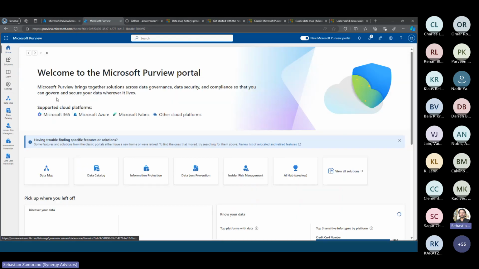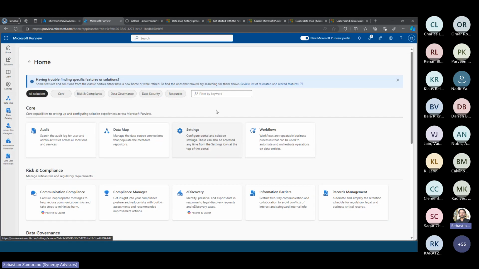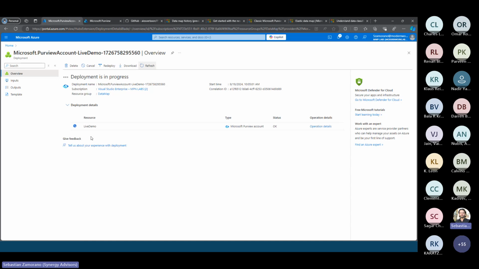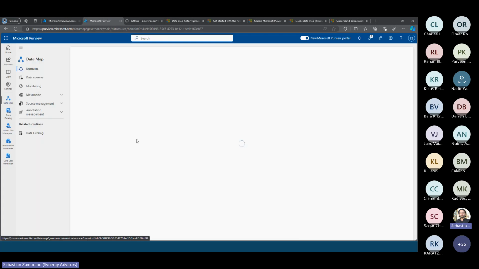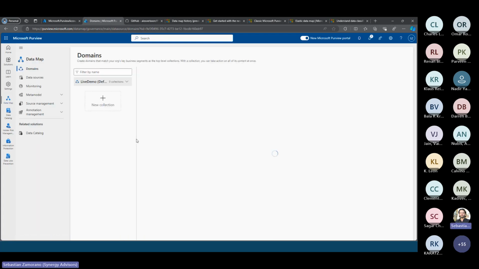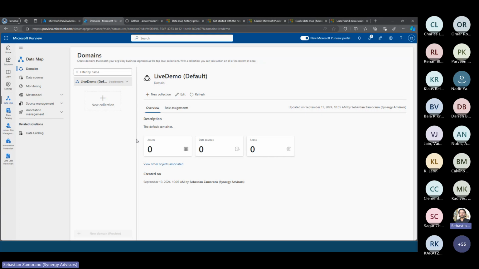Here you can see that now data map is available. Previously, data map was not available. After we enable the account, it's still showing as a deployment, but after we finish, we can see that we have data map available. And with data map, we can start working in our configuration. The first thing that we will see